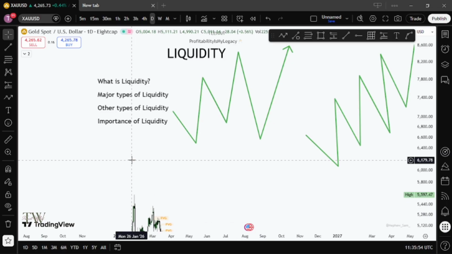The first one, like I said, is the inducement liquidity, the structural liquidity, transactional liquidity, buy side liquidity, sell side liquidity, internal range liquidity, external range liquidity, and then I think we were able to cover only 7 here. Okay, we covered about 9 of them, because after internal range liquidity